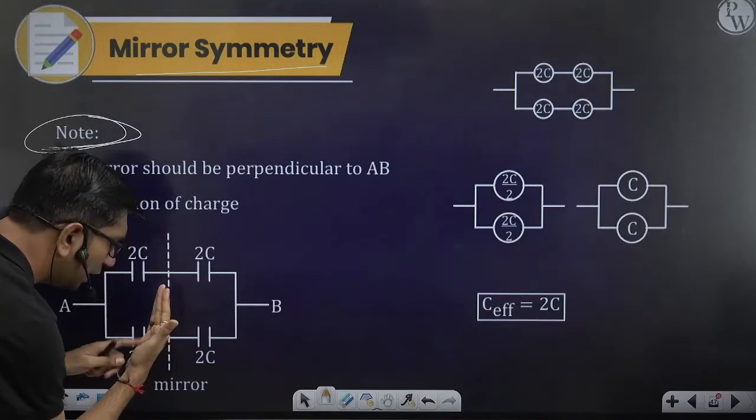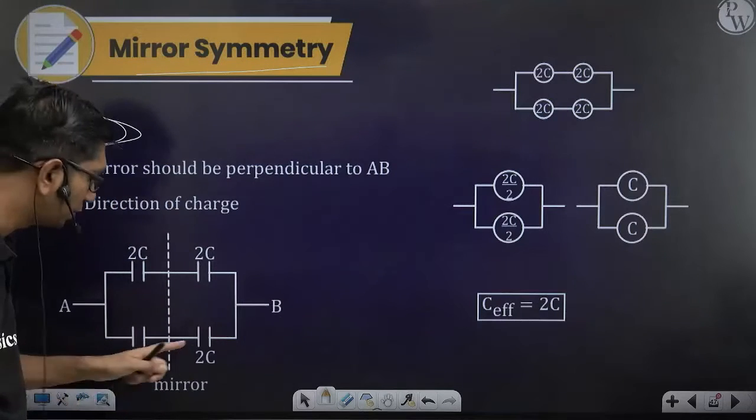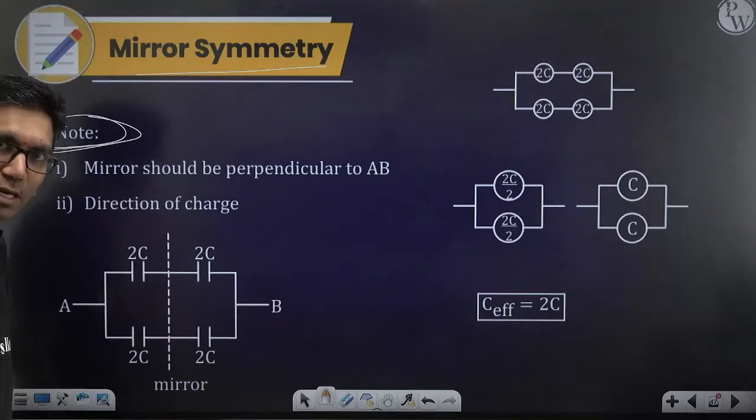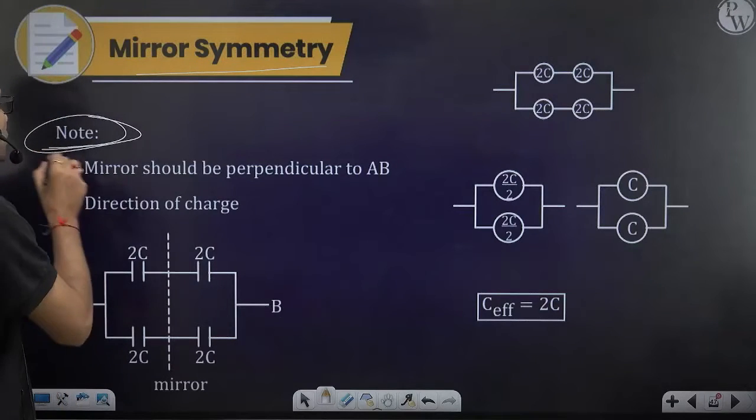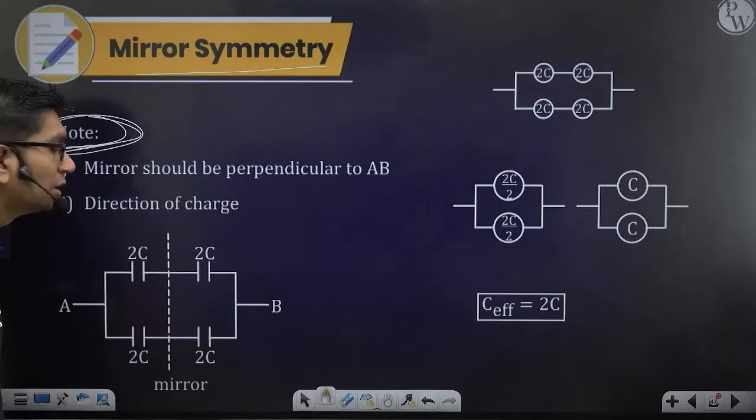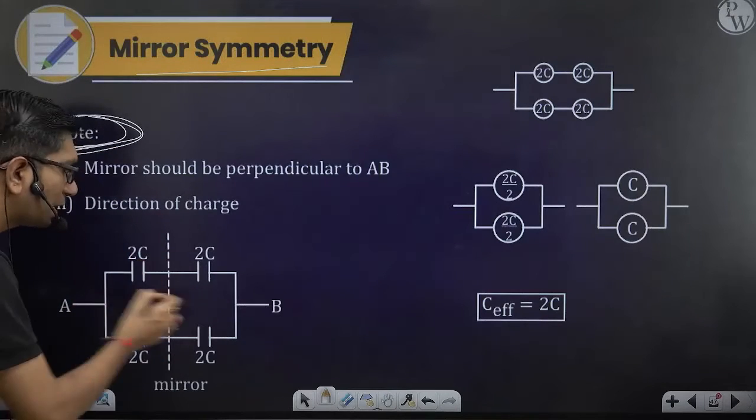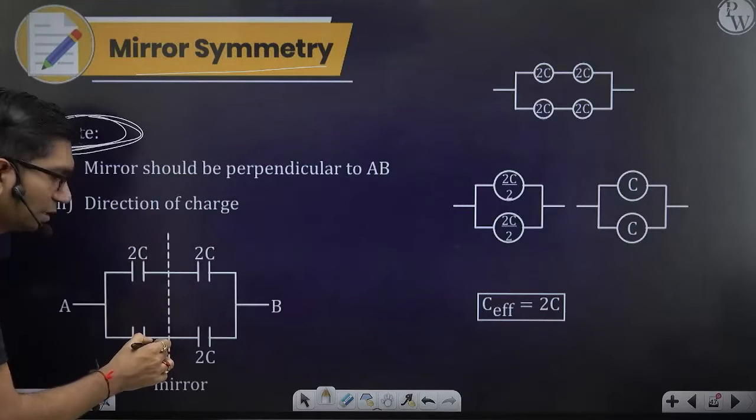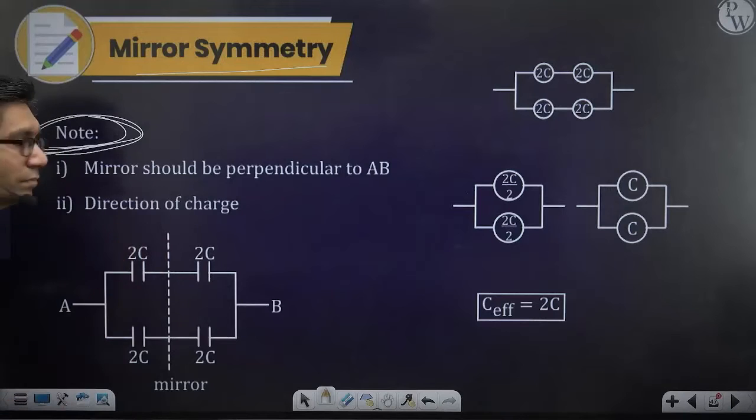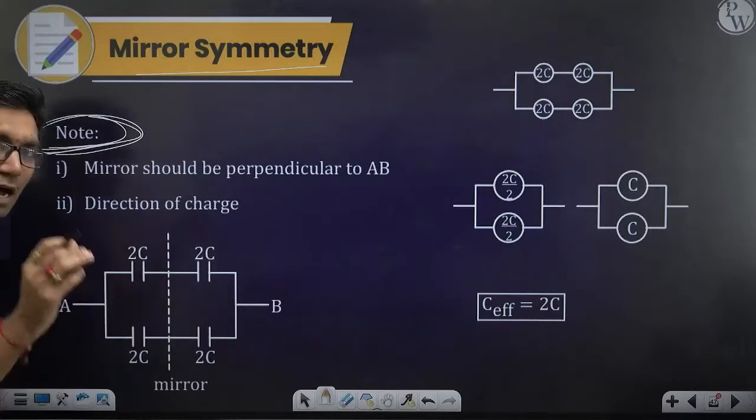Here it is 2C. In the mirror, it shows 2C only, na? 2C. So 100% it is obeying the mirror symmetricity rule, correct? So after putting this mirror, this mirror should always be perpendicular to AB, okay? Always perpendicular to this AB, okay? Now, after keeping the mirror,